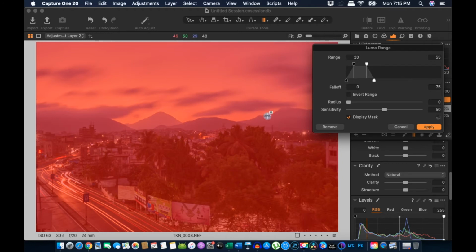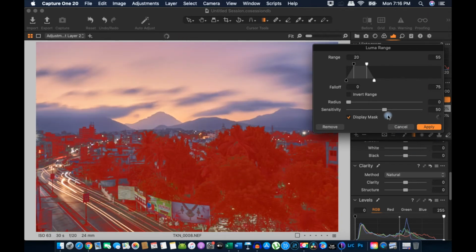So essentially it will remove selection from all the brighter parts like clouds and the skies, and it will retain the selection in this area. So ideally I am trying to sharpen these trees which are in the foreground and some of this area. This is perfect, exactly the kind of mask I was looking for.